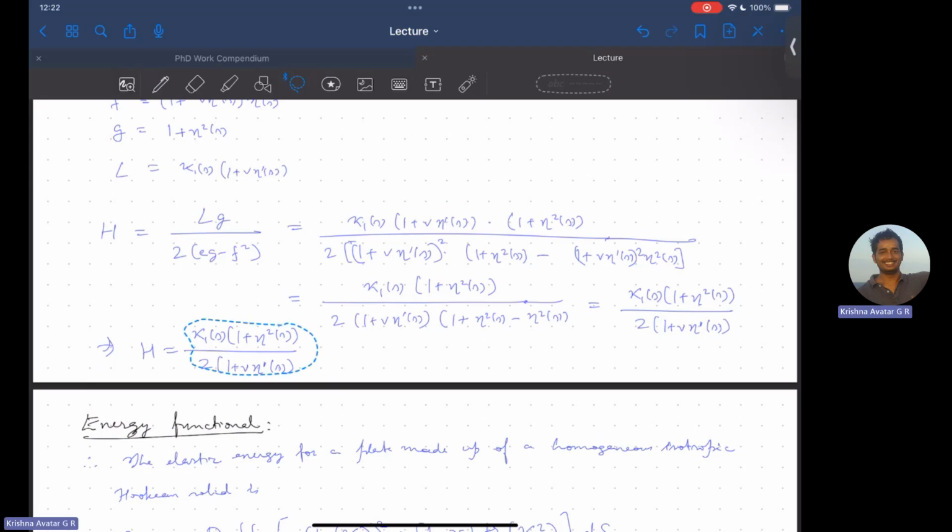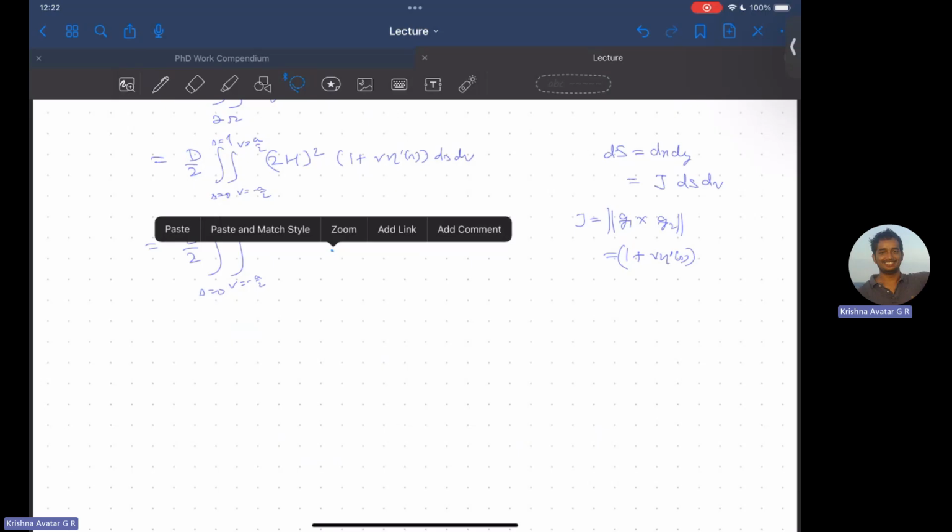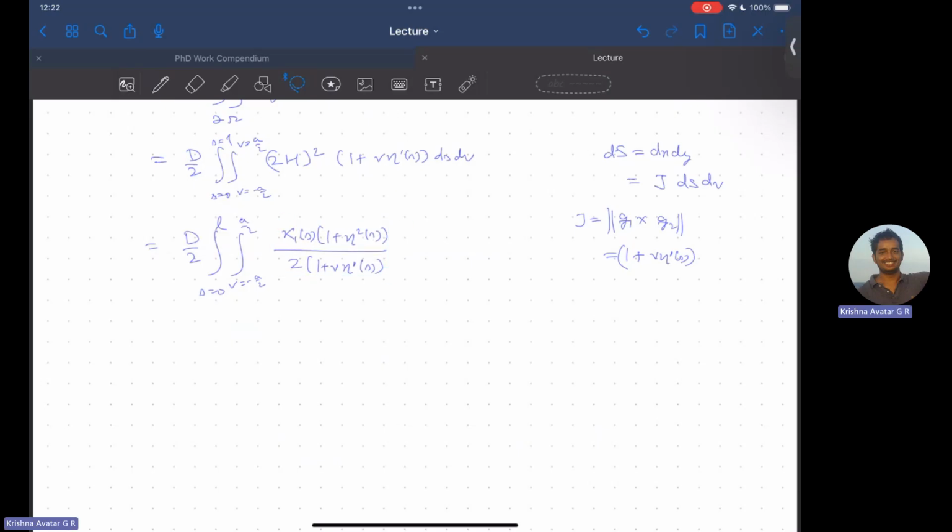We can just copy this. So 2h squared, times 1 plus v eta prime of s ds dv,